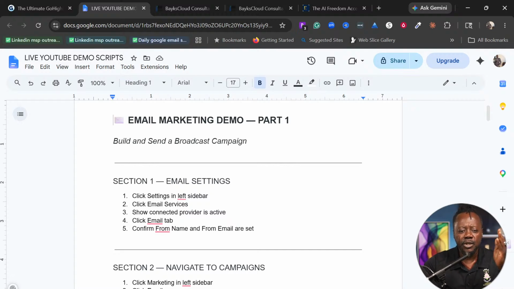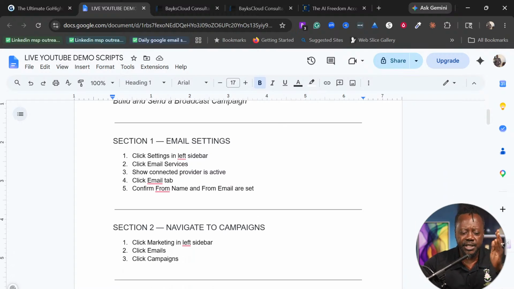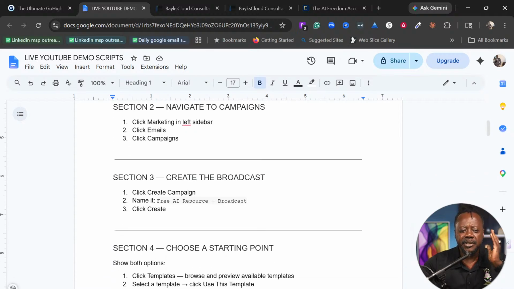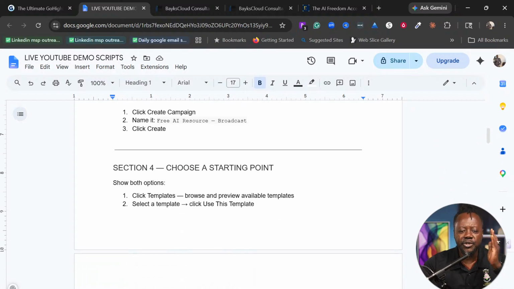Section 1, we are going to do the email settings. We are going to check to make sure everything is fine. We are going to navigate to campaigns and create some templates. We will create a broadcast. We are also going to create